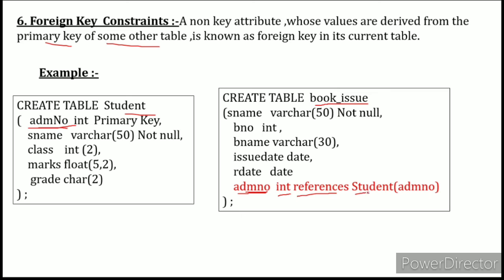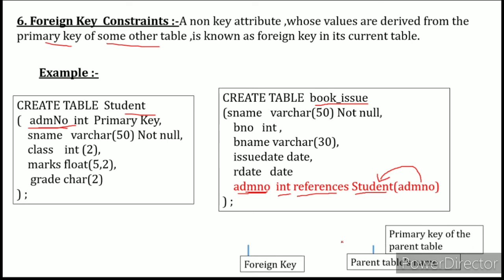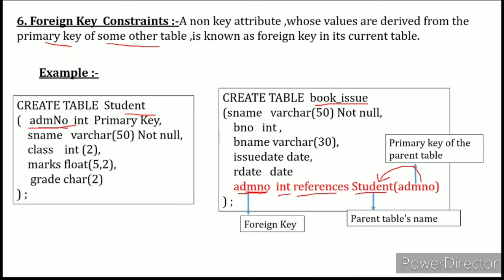Then the name of the table from where you want to take the reference, and the name of the primary key available in that table. So here, admission number is a foreign key, this is the name of the parent table, and this admission number is the primary key of the parent table.